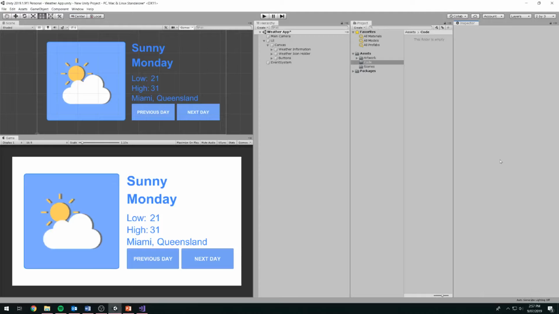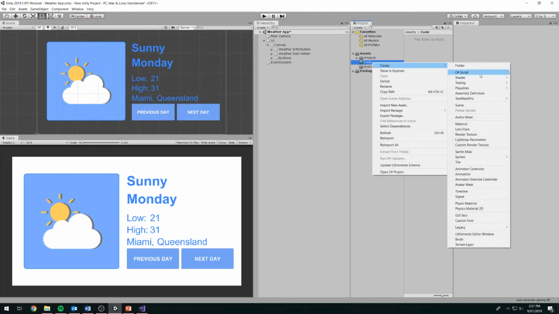Okay, so what we're going to do now is actually program a button to do something in Unity. Now, we're not going to do anything flashy in the scene here. We're going to make it actually just print something out in the debug log when we press the button. So I'm going to go to this little folder up here I made earlier called code, right-click it, and